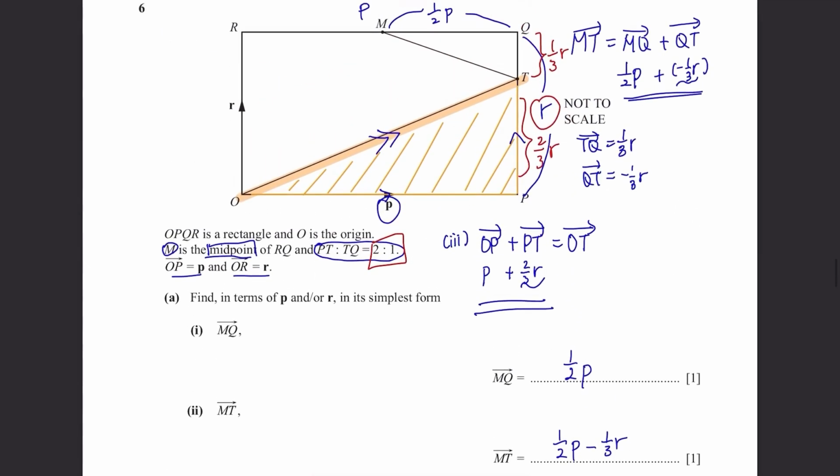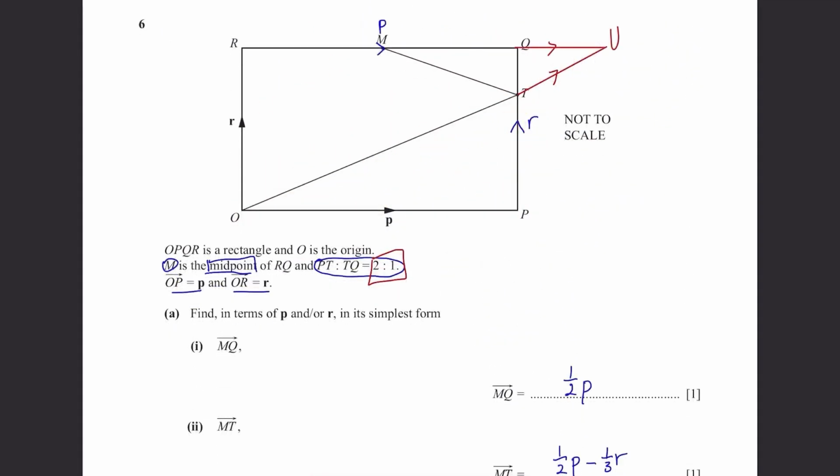Part B. RQ and OT are extended and meet at U. Find the position vector of U in terms of p and r. Give your answer in its simplest form. This means that RQ line will extend like this and OT will extend as well to meet here, and this